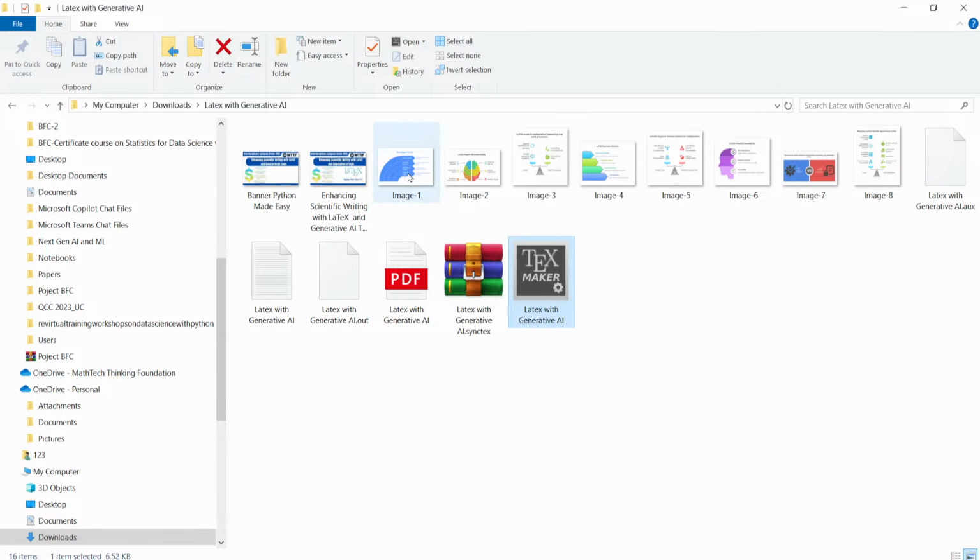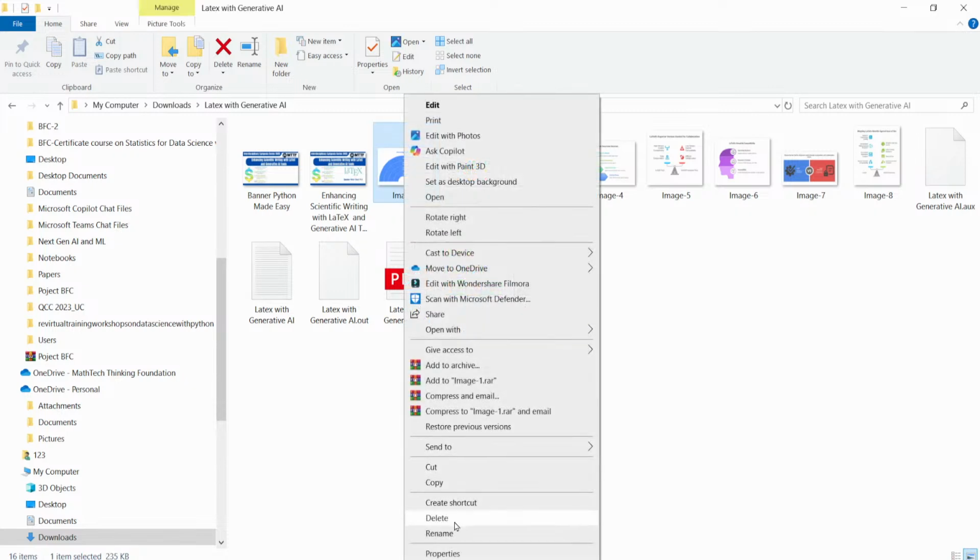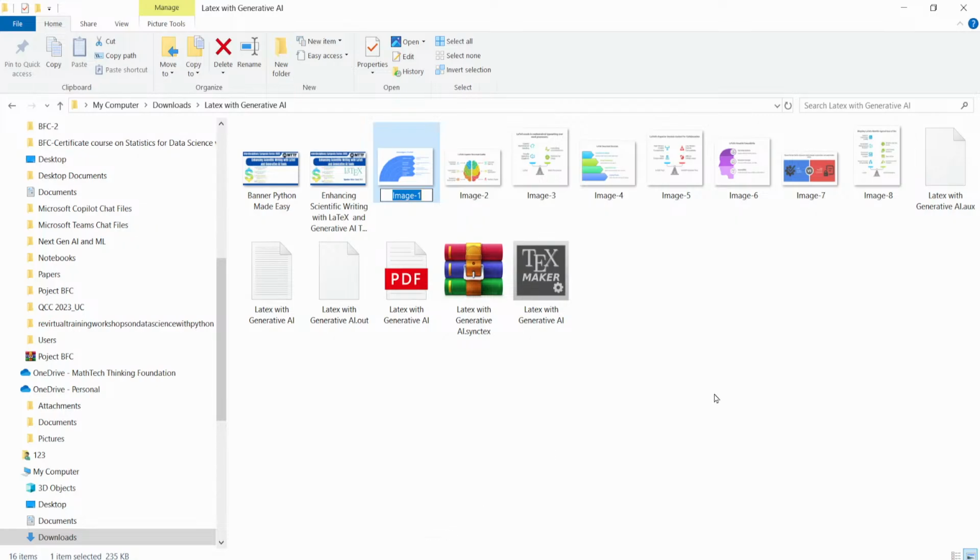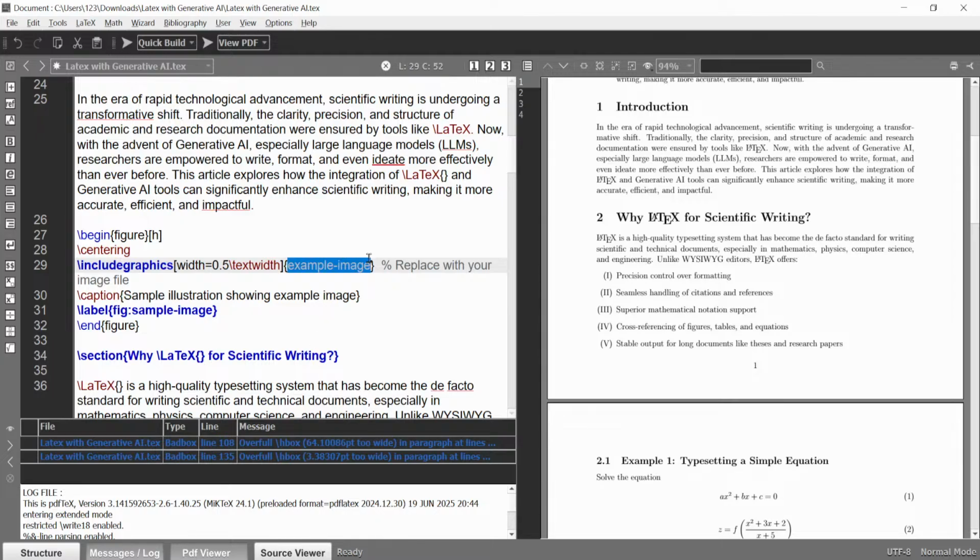I want to insert this image in my document, and the file name is image1. Copy the name of the file, and then come to the edit space and use image1. This is the name of the file, and the same name will be used here. And this is the caption.